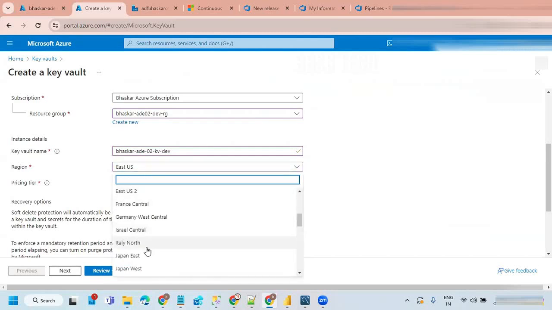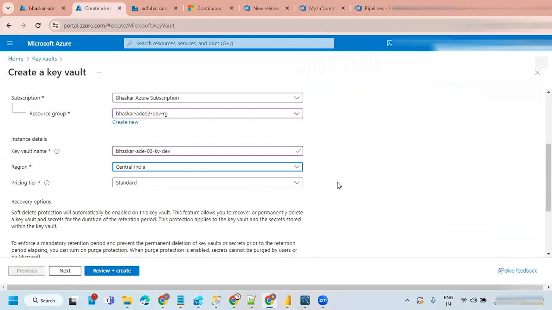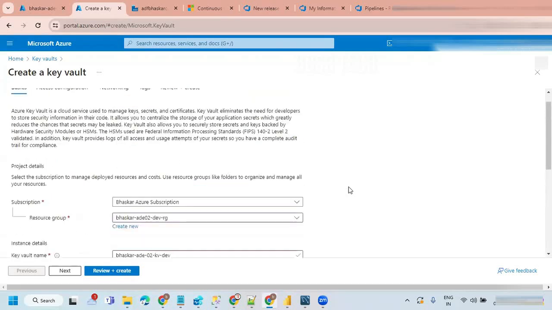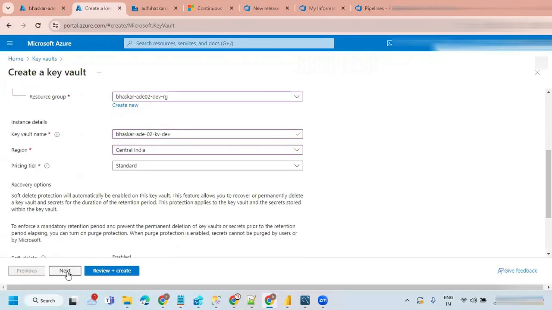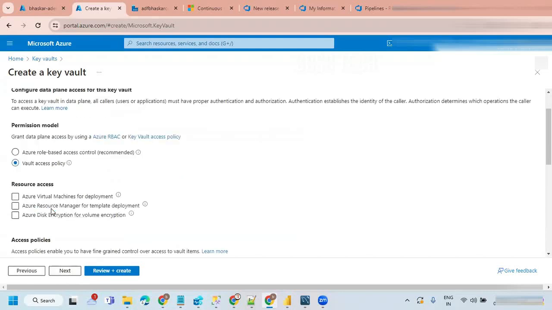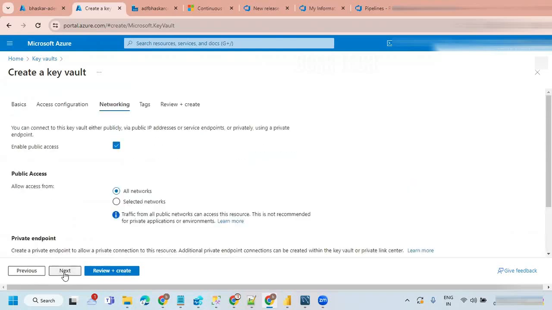Central India. Just leave the defaults, whatever is there. I'm just going to make this 20. For the vault access policy, make sure to select all these 3 options. Let's go for next,